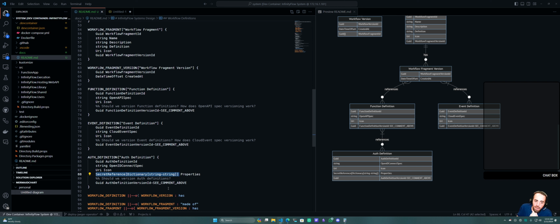How do we have unique values stored with these? Because these are the definitions, right? These are like published versions, right? Immutable published versions. How do we do this? So I think that there has to be some sort of